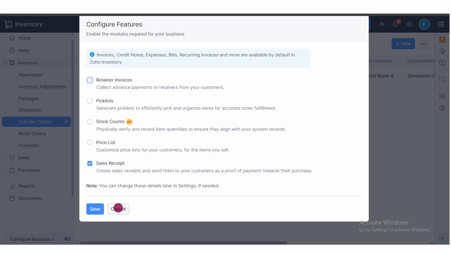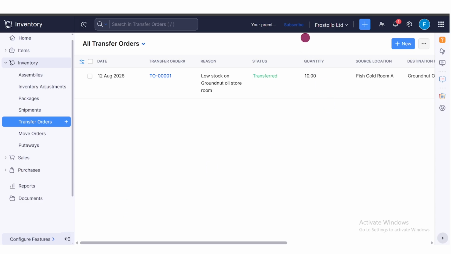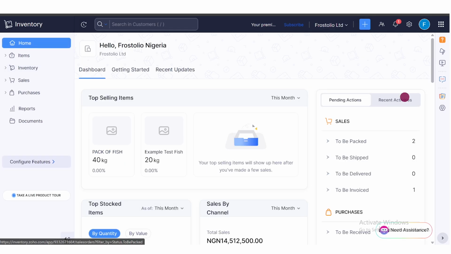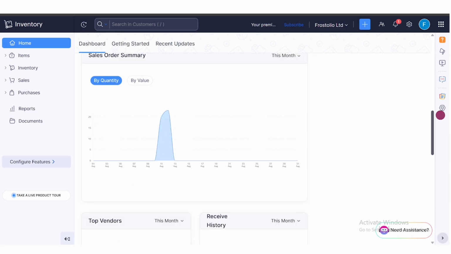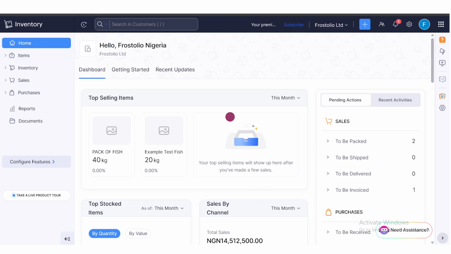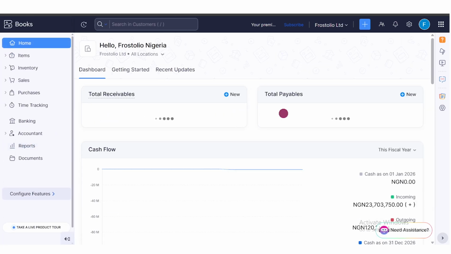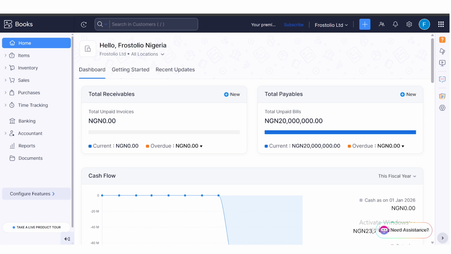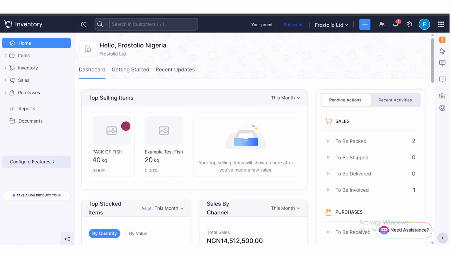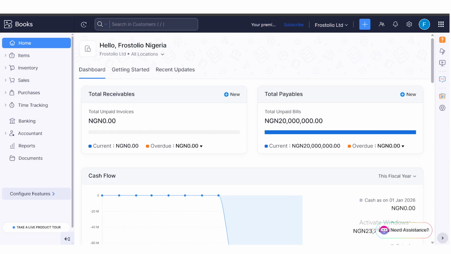Pick list and the rest, but just so you know, that feature is also available. So, right, I'm looking at everything we've just gone through. In order for me to do a summary of what we've been able to do so far, this is the home page of the Zoho Inventory, and this is how the home page of Zoho Books looks. See the difference? Inventory focuses more on your inventory items, while Zoho Books focuses more on accounts, the finance,